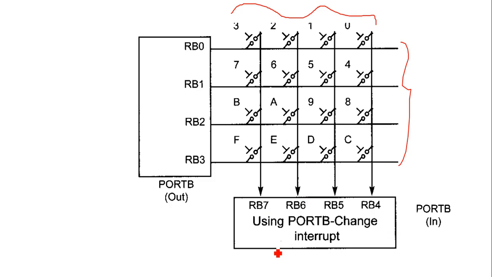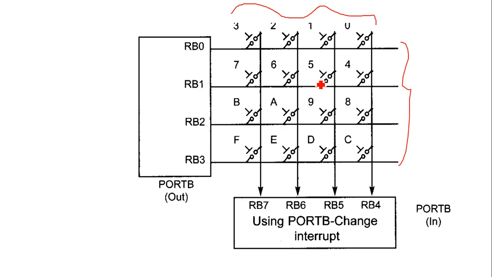If the rows are grounded and a key is pressed, what happens? The rows are grounded, and if the key is pressed, one column has 0, since the key press provides a path to ground. For example, 0 to 9 are numerical values and A, B to F are alphabetical characters. This also denotes the hex value.